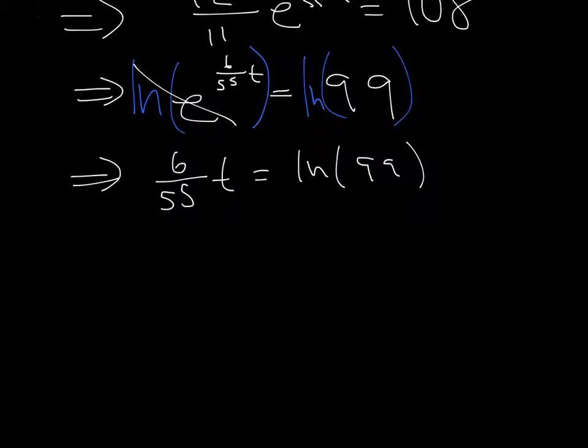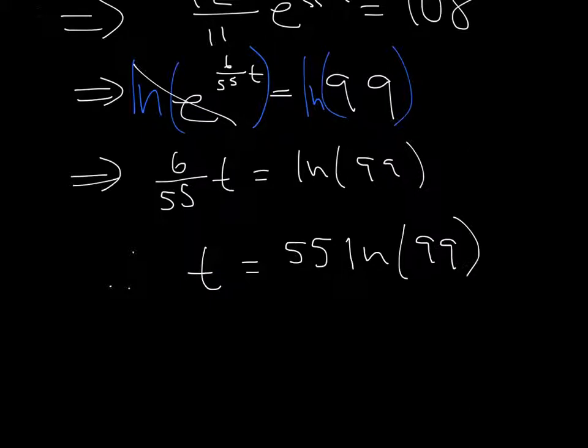And you're going to divide both sides by 6 over 55. So therefore, t is going to be 55 times the natural log of 99 over 6. And if we punch that in our calculator and round to the hundredths, we get approximately